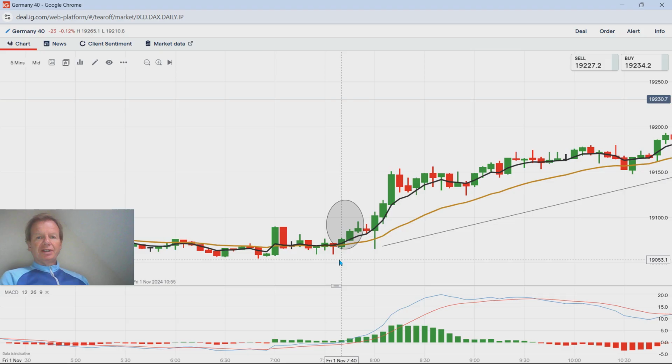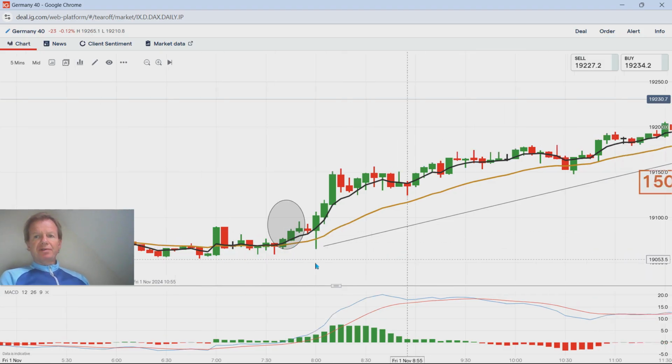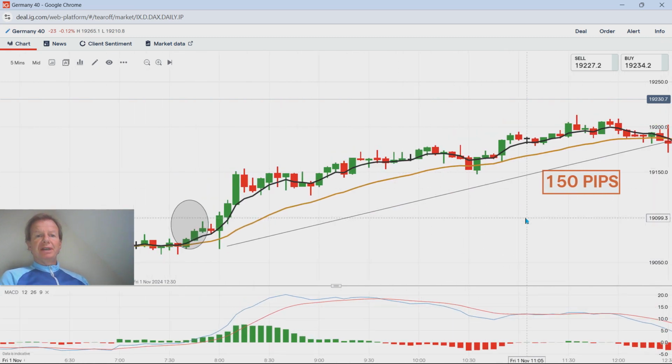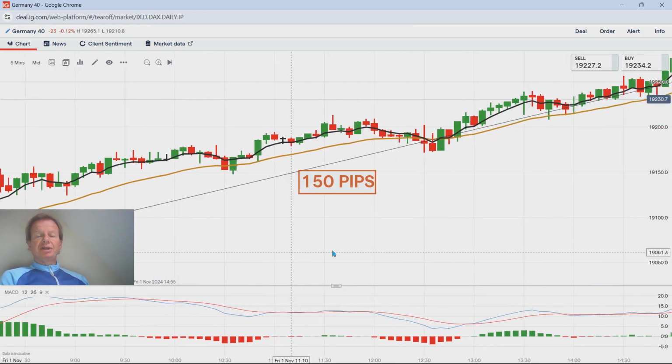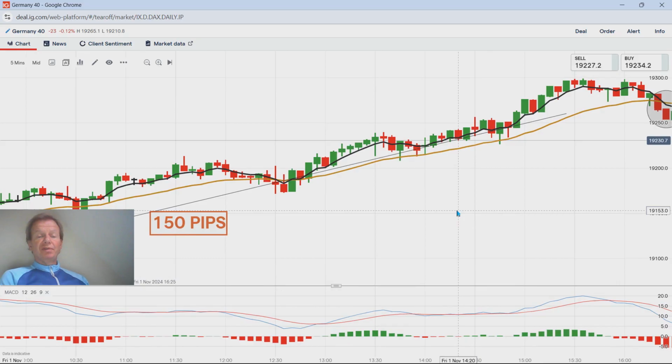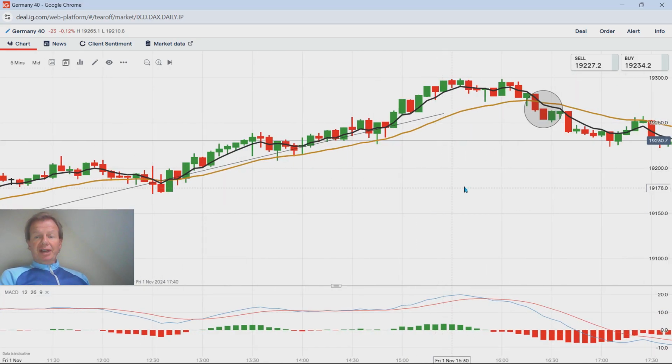And then if we go all the way across, this is the big one on Friday. If you look here, 7:40 the market opens, 19:08, and you go all the way up and you cross 150 pips. So if you stand here at £2 a pip, you get £300, really easy, or at £4 you're looking at £600. And that's all the way to the end of the session at 4:25. That's the whole Friday session.